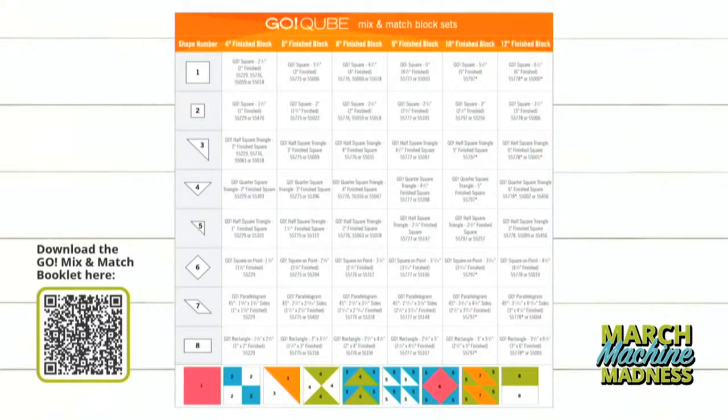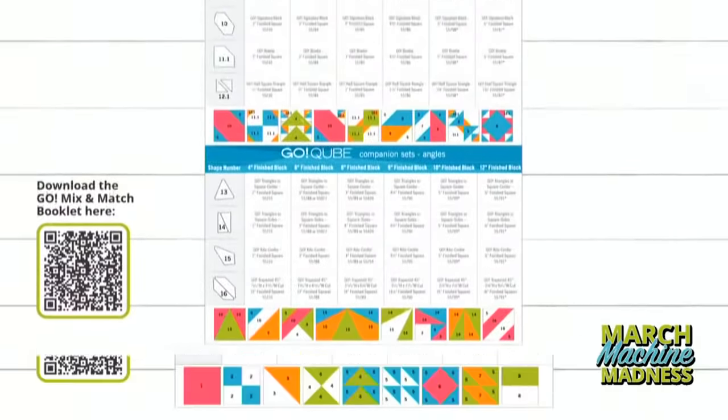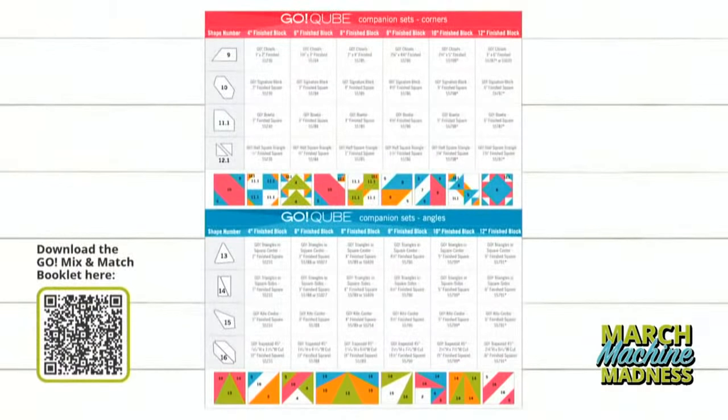We not only did it for the cubes, but also, next slide, we're going to show you we did it for the companion sets. So there's the 4 shapes from corners and the 4 shapes from angles. And again, the different sizes of cubes and the blocks at the bottom. This one is also extremely helpful because sometimes I need just a tiny little half square triangle, and you're trying to figure out which size,